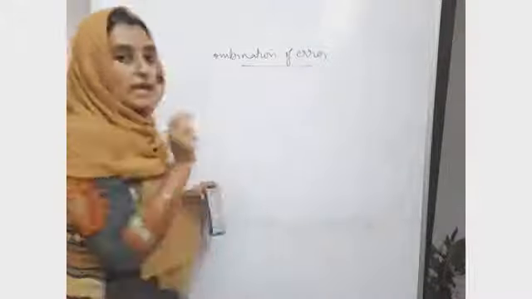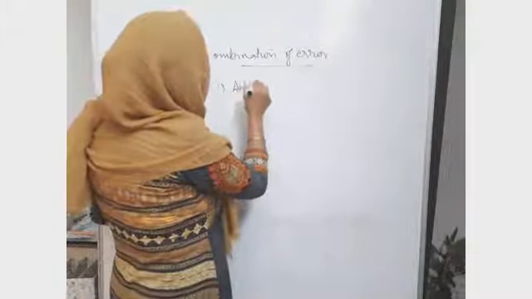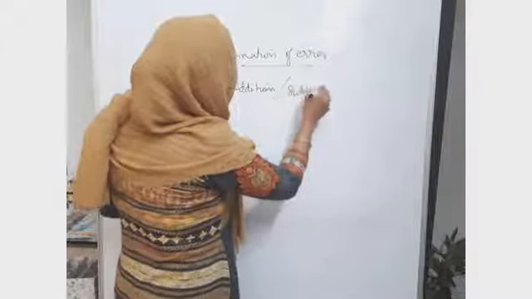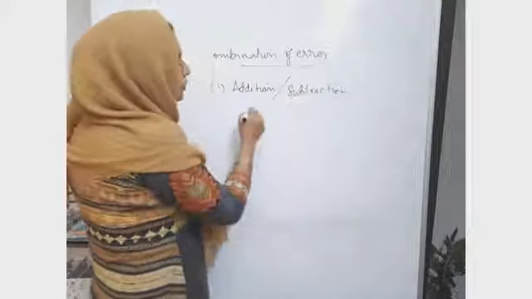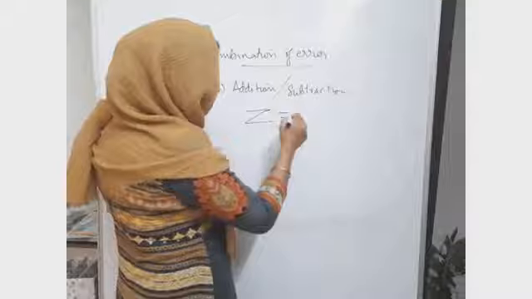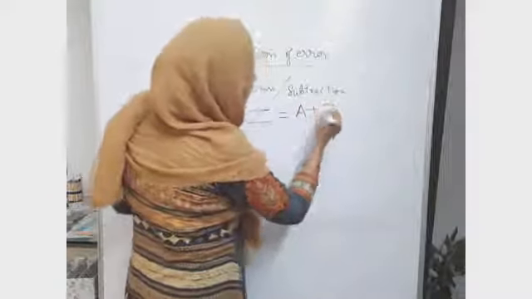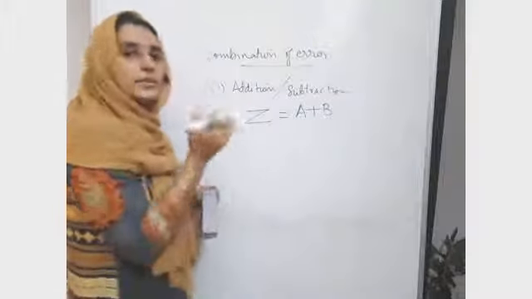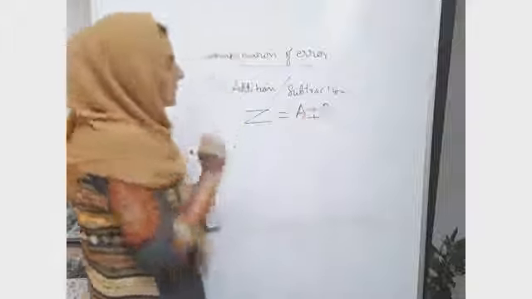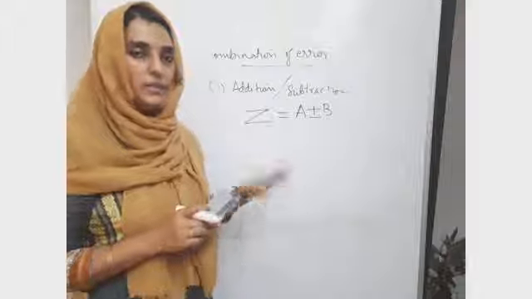Combination of errors goes as per three rules. The first rule is the rule for addition or subtraction. That is, a physical quantity appears as addition or subtraction. So suppose you have an unknown physical quantity Z, which is equal to the addition of two other physical quantities, say A plus B, or it can be subtraction, because for addition and subtraction the rule is the same. So we put it as plus or minus B. That is A plus or minus B. It can be A plus B or A minus B. The rule is the same.